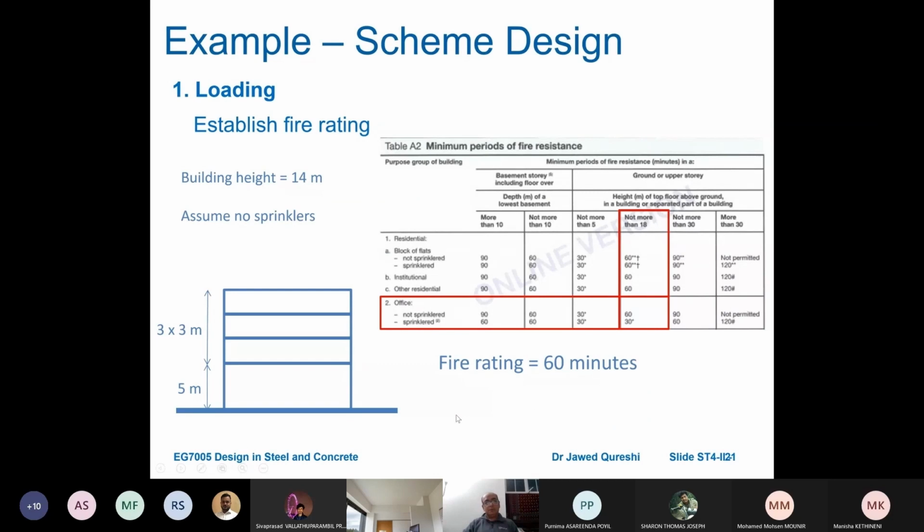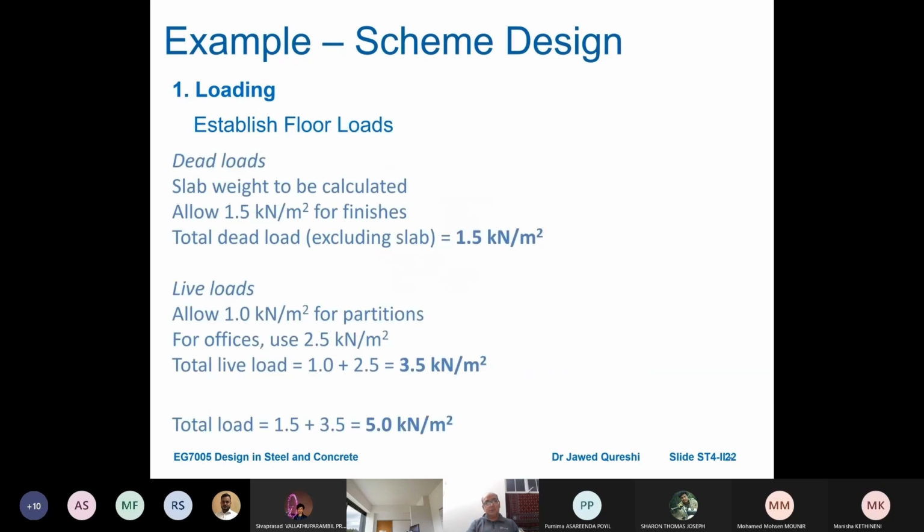Before we work out loading, we have to work out fire rating. The building height is 14 meter and assume no sprinklers are used, and it is office. Fire rating is 60 minutes. So first establish the fire rating and then design loads. The self weight is to be calculated. Allow 1.5 kilonewton per meter square for finishes. The total dead load will be, excluding weight of the slab because we have not decided about the slab,